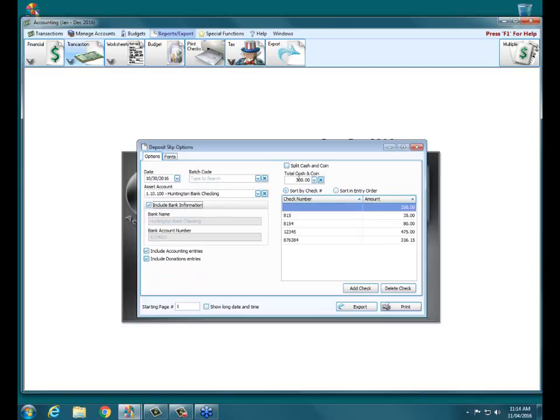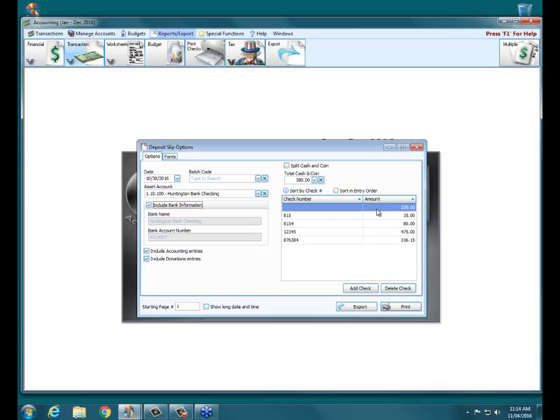So I had $380 of cash and coin, and then here are my checks that I had posted into the system, as well as my $250 non-check item. I did record it as a check in there, but I didn't enter a check number. It still puts it into checks if I wish. But I did have $135 worth of donation transactions that were also posted on October 30th as well, and those are also brought into our deposit slip.